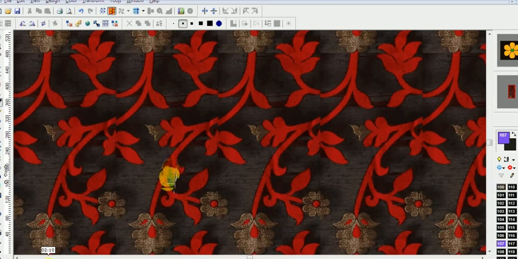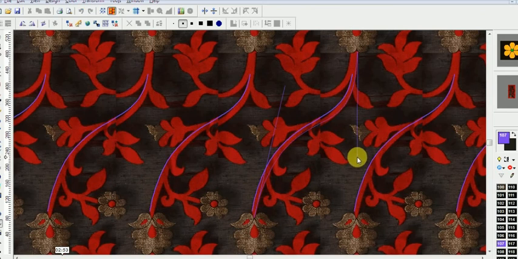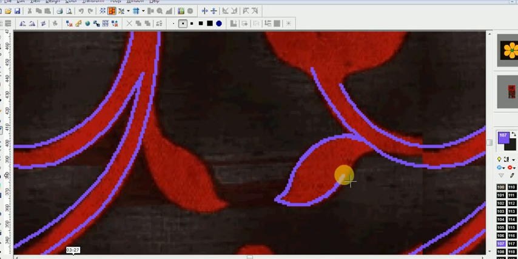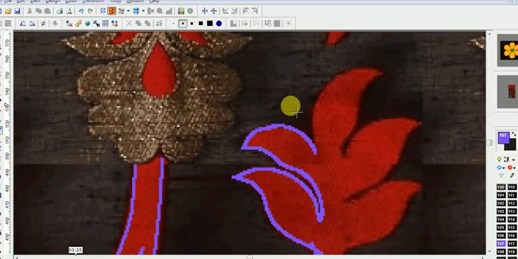So just start with another color editing. The process is same. You can use the Bezier and pen tool, and for filling you can use the bucket tool.